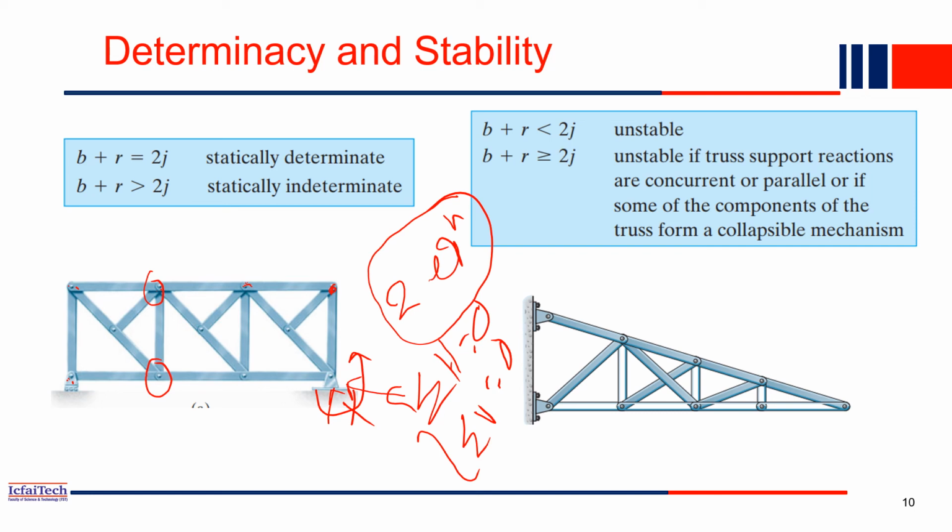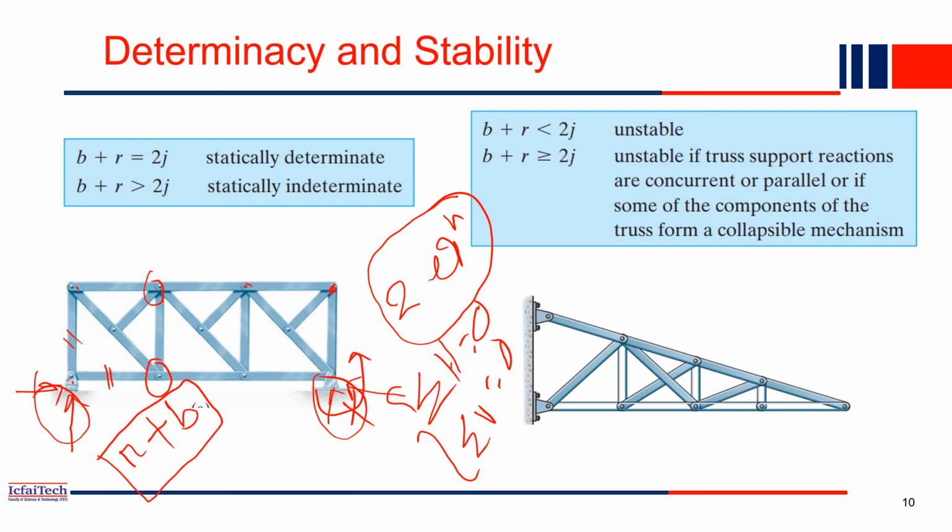And how many unknowns are there in a truss? Obviously we have the support reactions, so these are unknowns. Plus, each bar in a truss carries some axial load, which is also unknown. Each bar will carry a different axial load, so each bar will have one unknown. So in total, how many unknowns are there? Say R is the number of external reactions, plus each bar has one unknown. So if there are B number of bars, then a total of R plus B unknown values are there that we have to calculate if we analyze a truss.